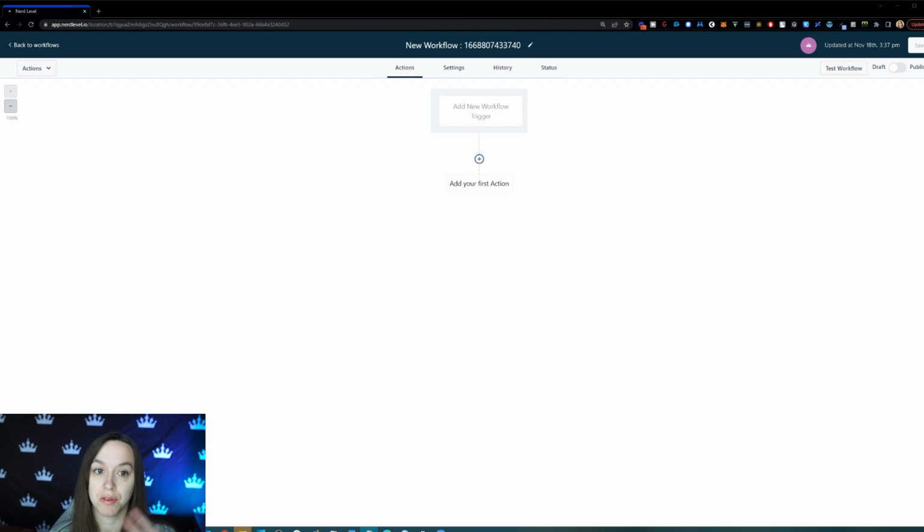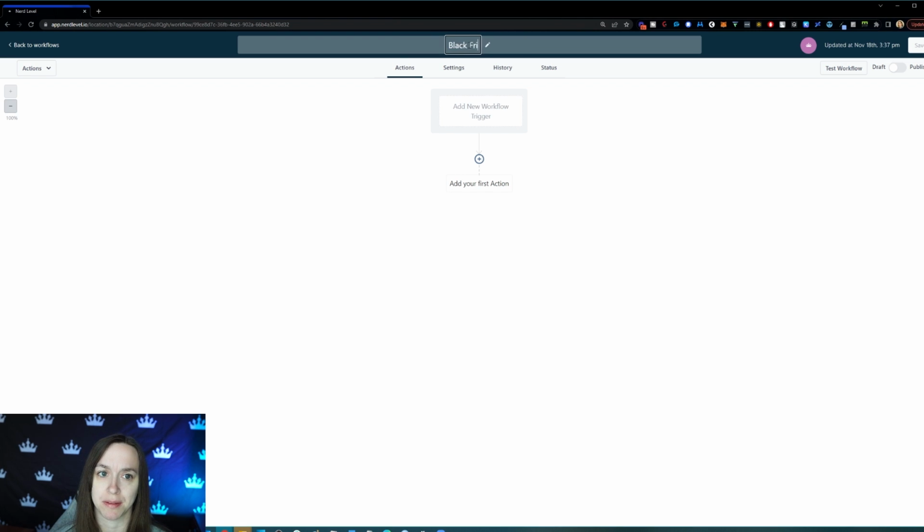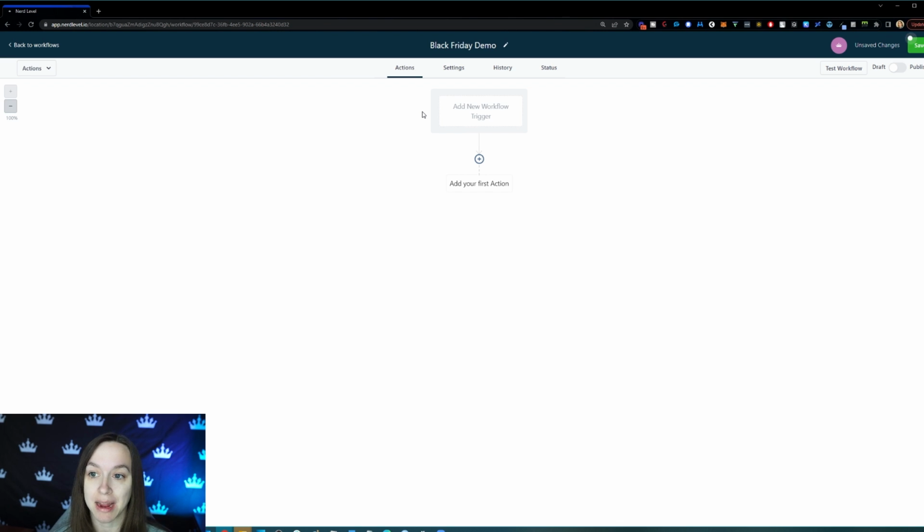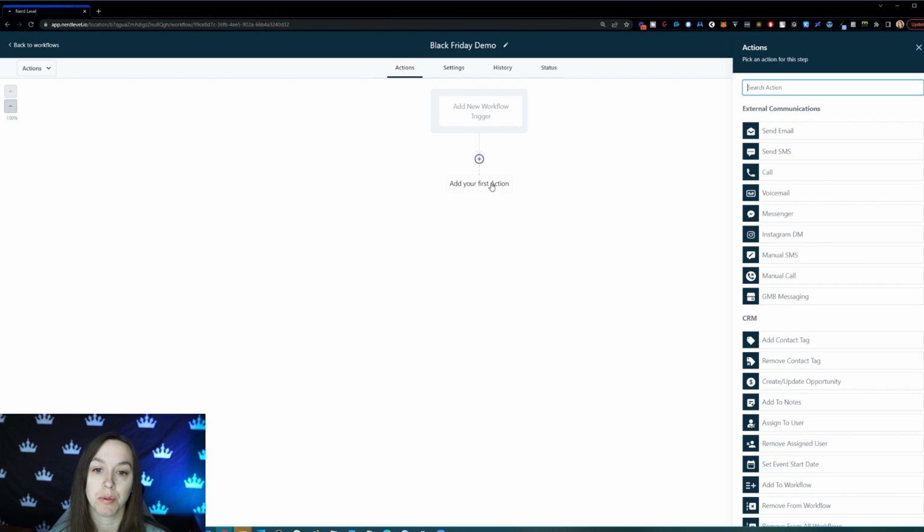Step 2, what you want to do is create your workflow here, so go ahead and create it, give it a name, that way you know what it is and you don't forget later, okay? Up here, these are called triggers. This is what's going to trigger your workflow. Now, because I'm showing you a reactivation, that just means we're going to do a bulk action to put our entire list into this. So you don't really need to worry about triggers in this case. The first thing we're going to do is